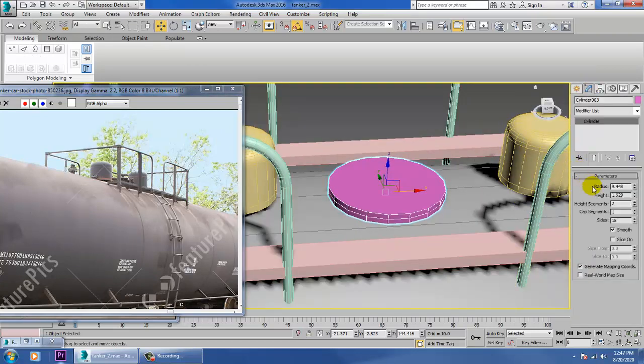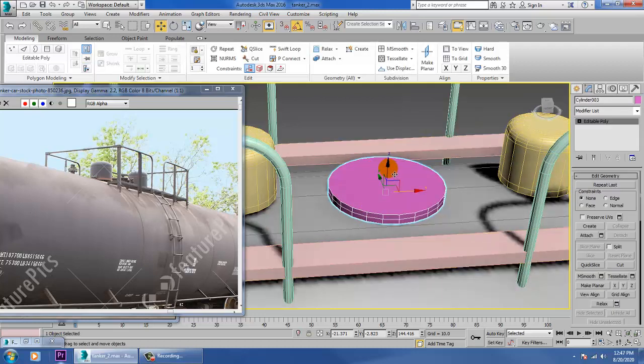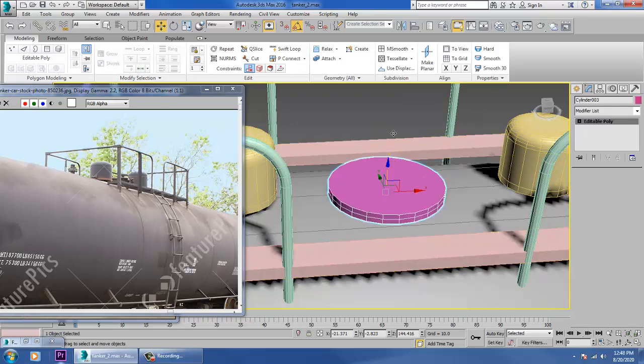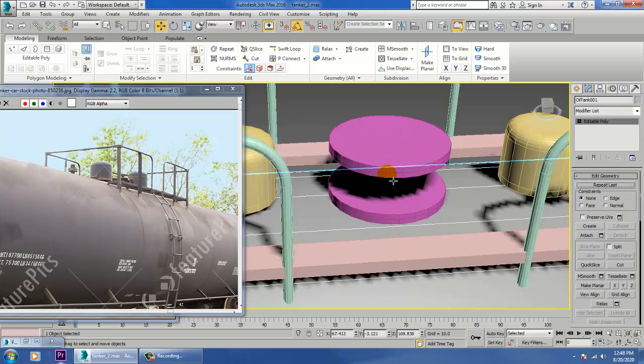And increase its sides, convert to editable poly, just make a duplicate of it if you want, and just push this down.